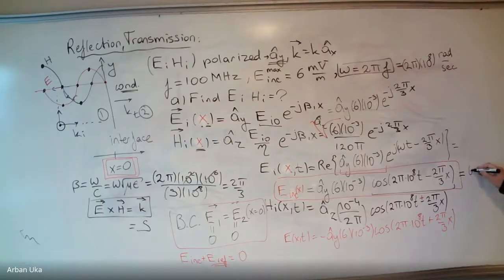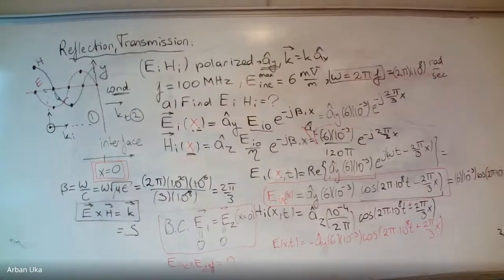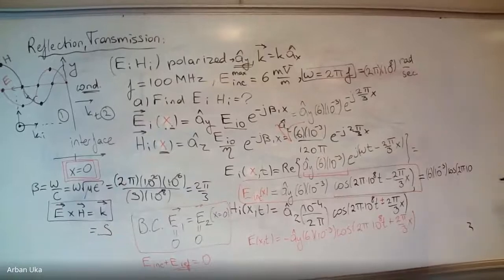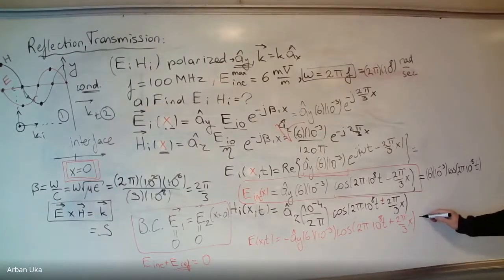We get 6 times 10 to the power minus 3 times cosine 2 pi times 10 to the power 8 t. I'll give you some more side. Can you read this part here? And this is equal to, we don't know, let's say this is 6 times 10 to the power minus 3 cosine 2 pi 10 to the power 8 times t. So if we add these two together,